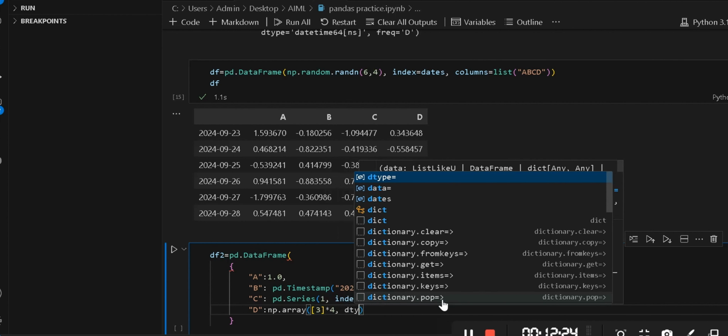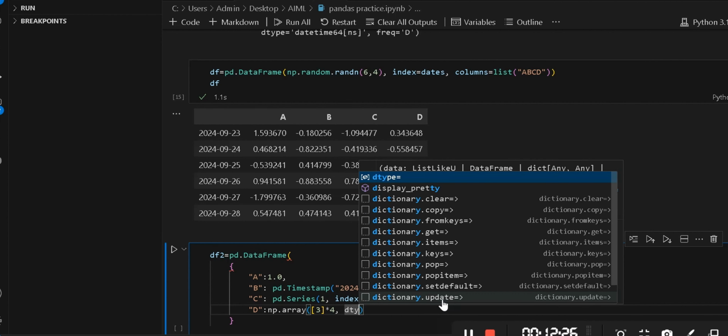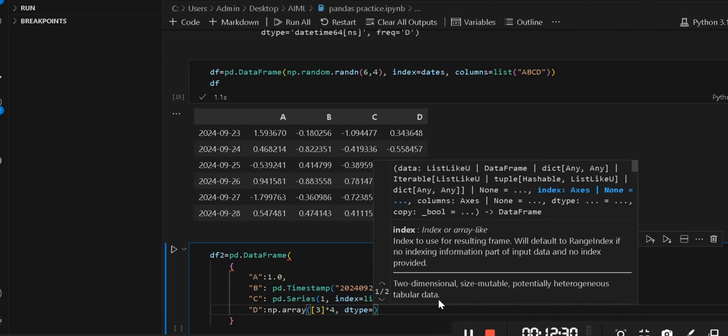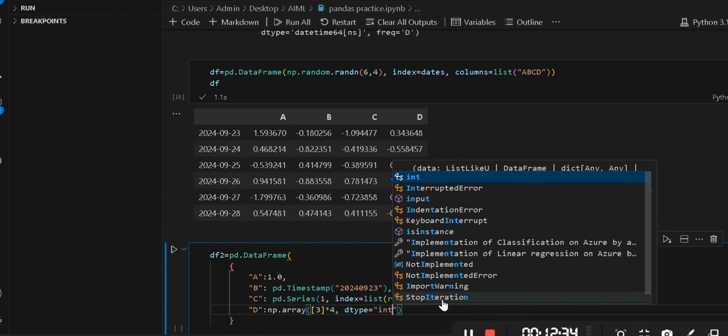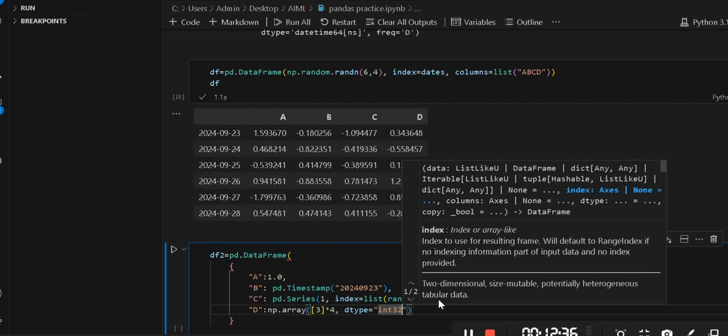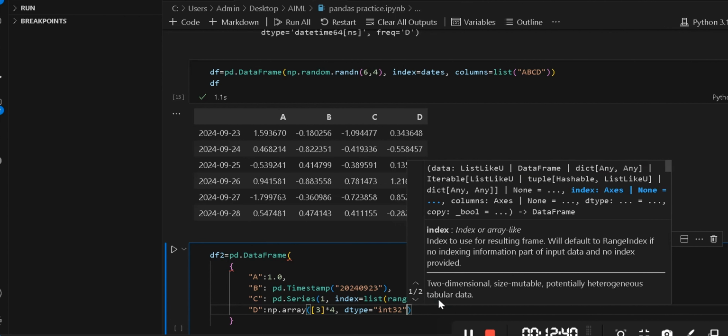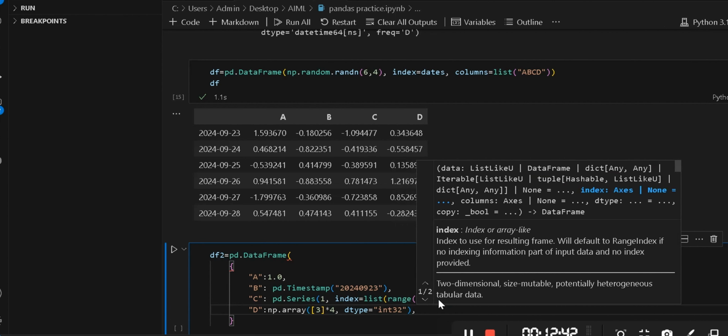The data type will be int32. It will be displayed int32, comma,